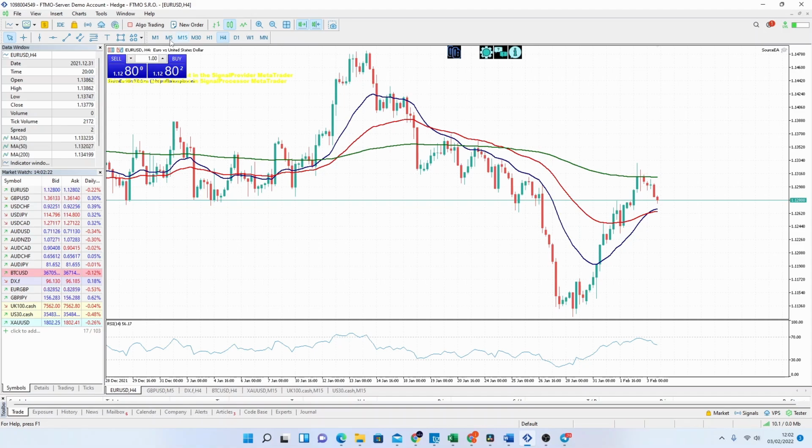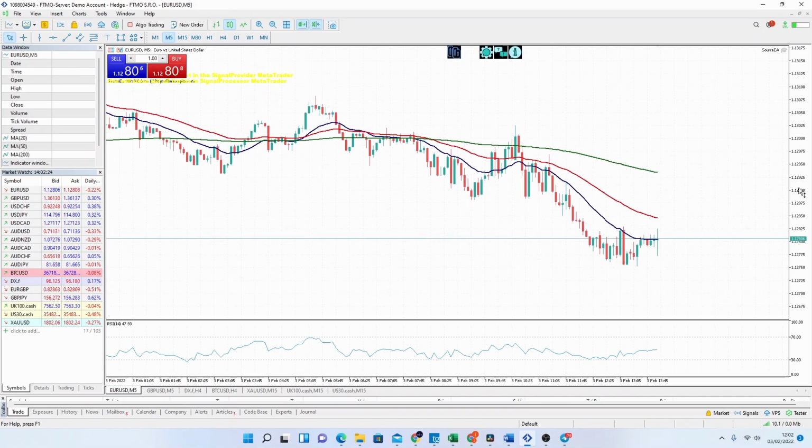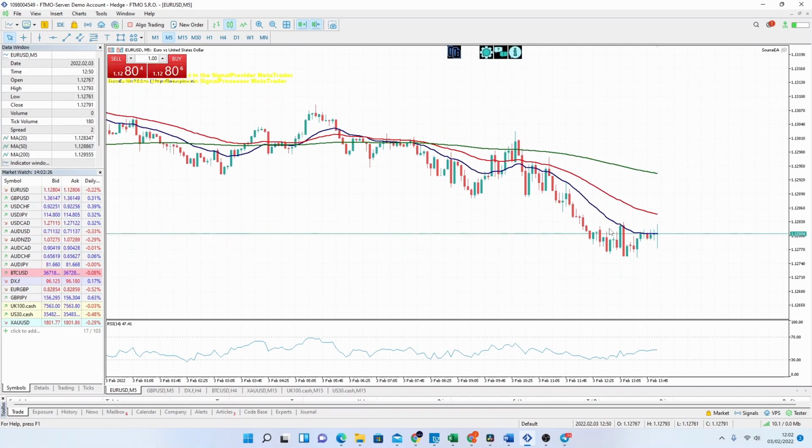And just taking a quick look at Euro Dollar, we can see that this is purely based on the pound. It's had no impact on any other currencies. They are just flat from where they were at the start of this morning. And yeah, it just goes to show the power of news events and getting on the right side of it.